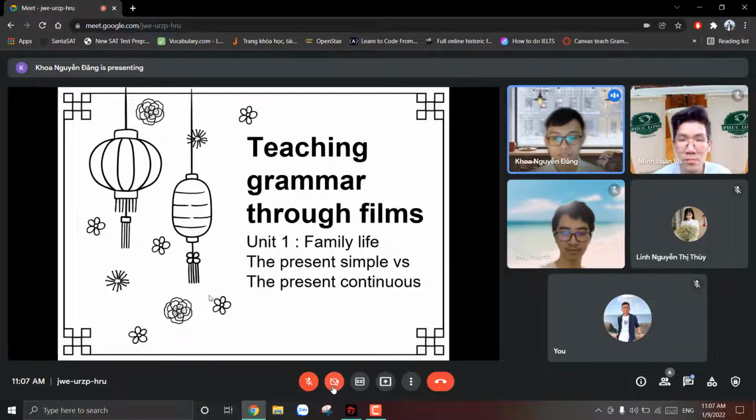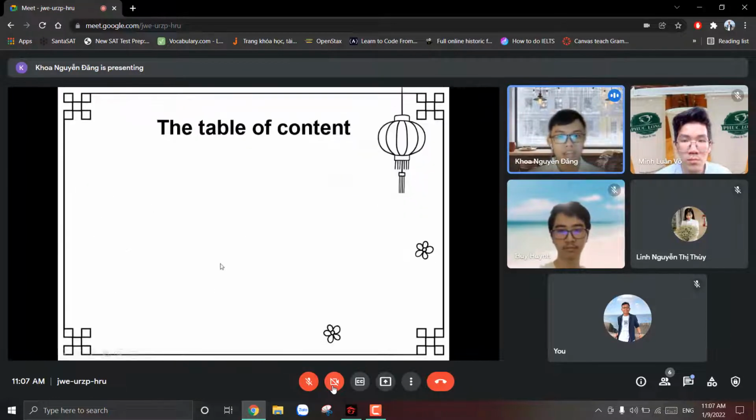And the lesson we chose to teach is grade 10, unit 1, family life. And the grammar point is the present simple and the present continuous. Okay, so let's look at the table of contents so that you will know what will be included in our